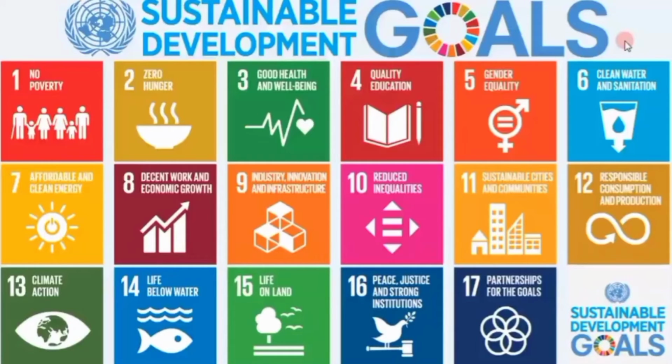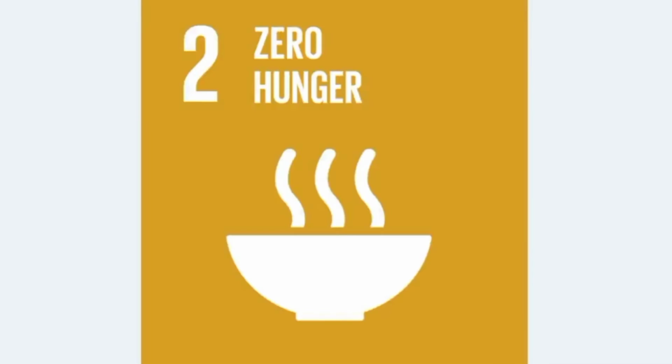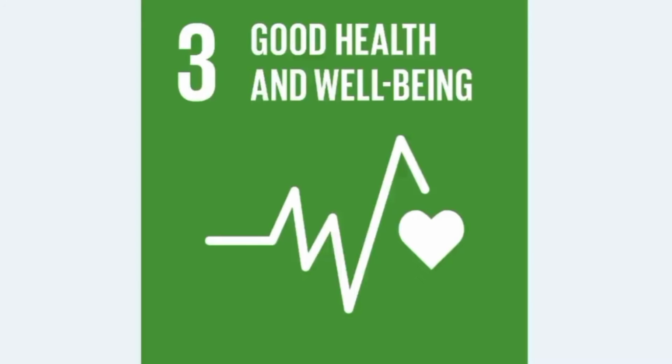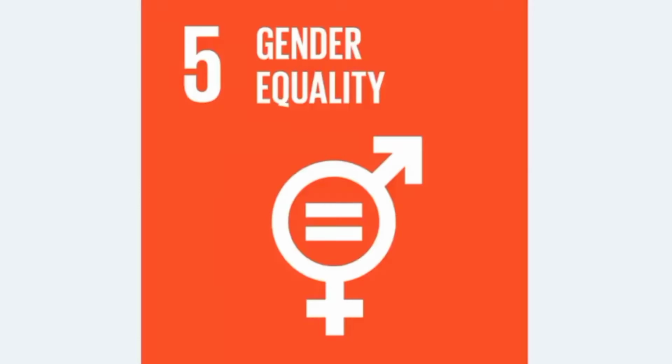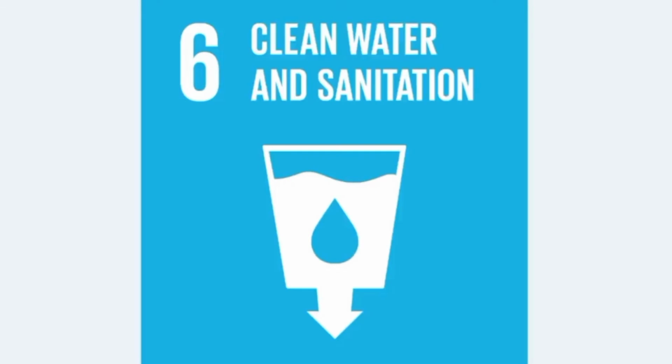In September 2015, the United Nations made history when 193 member states unanimously adopted 17 sustainable development goals that serve as a centerpiece of its post-2015 development agenda. The goals are no poverty, zero hunger and improved nutrition, good health and well-being, ensure healthy lives at all ages, quality education and gender equality, and empower all women and girls, clean water and sanitation,